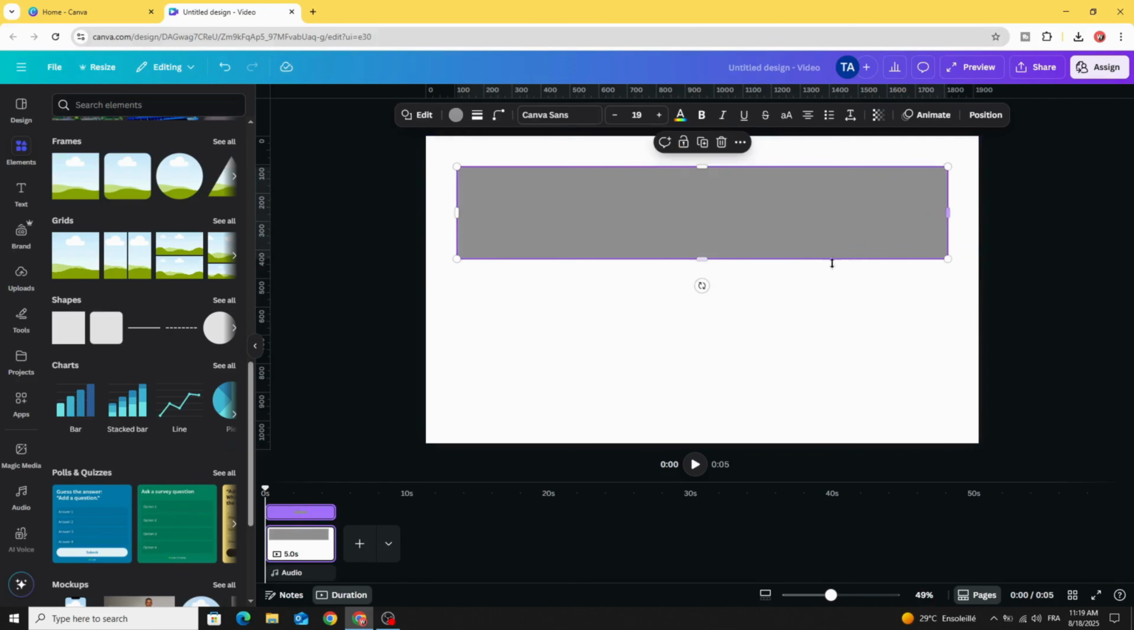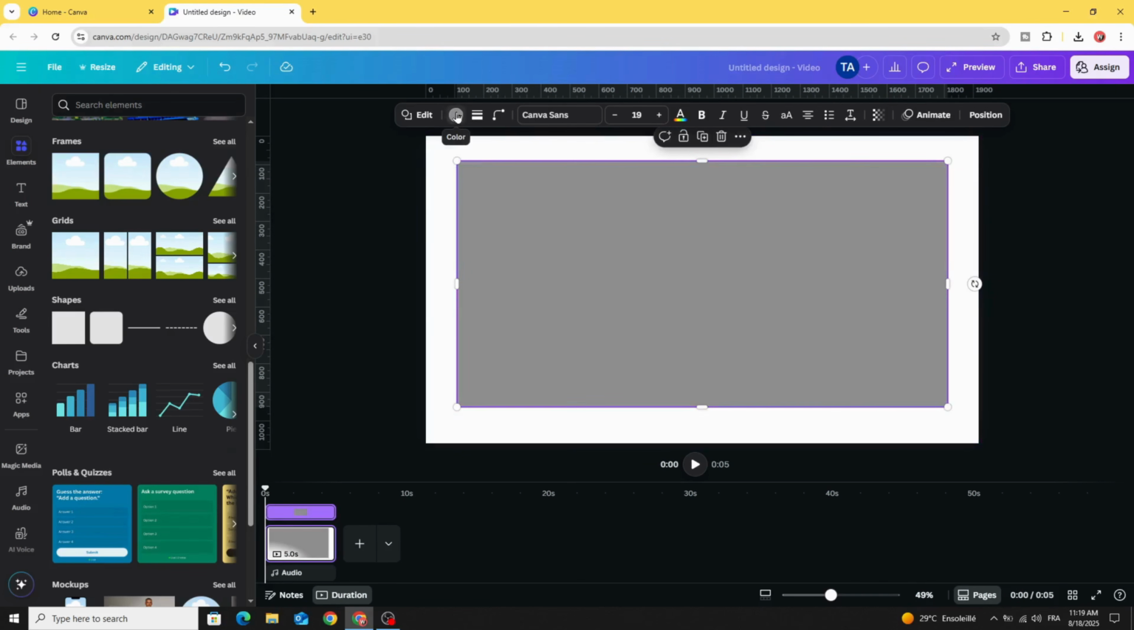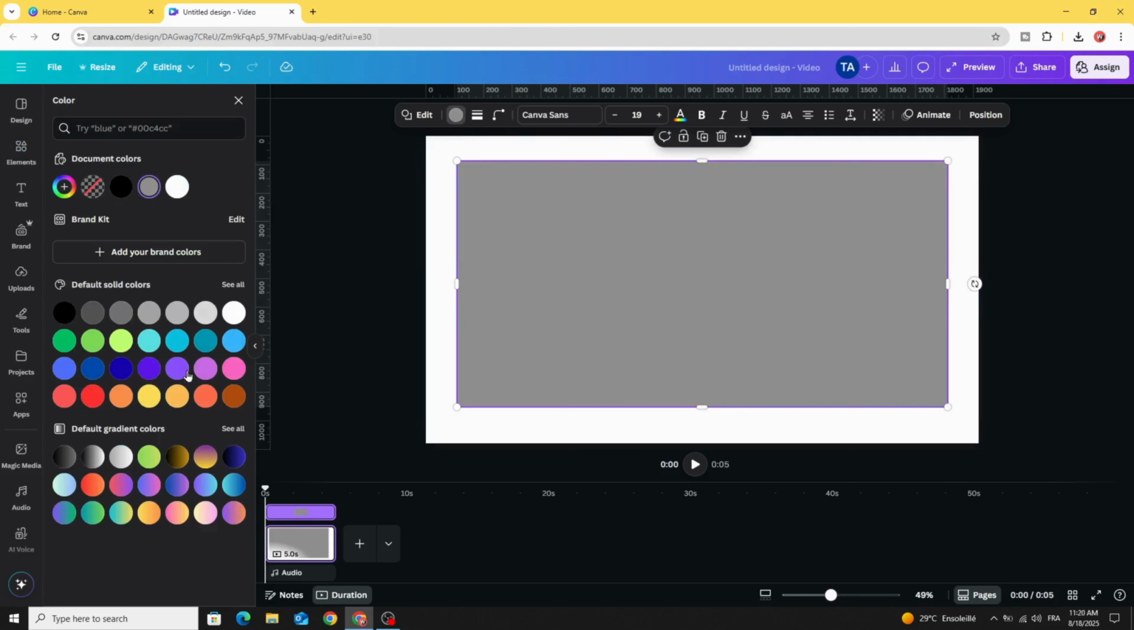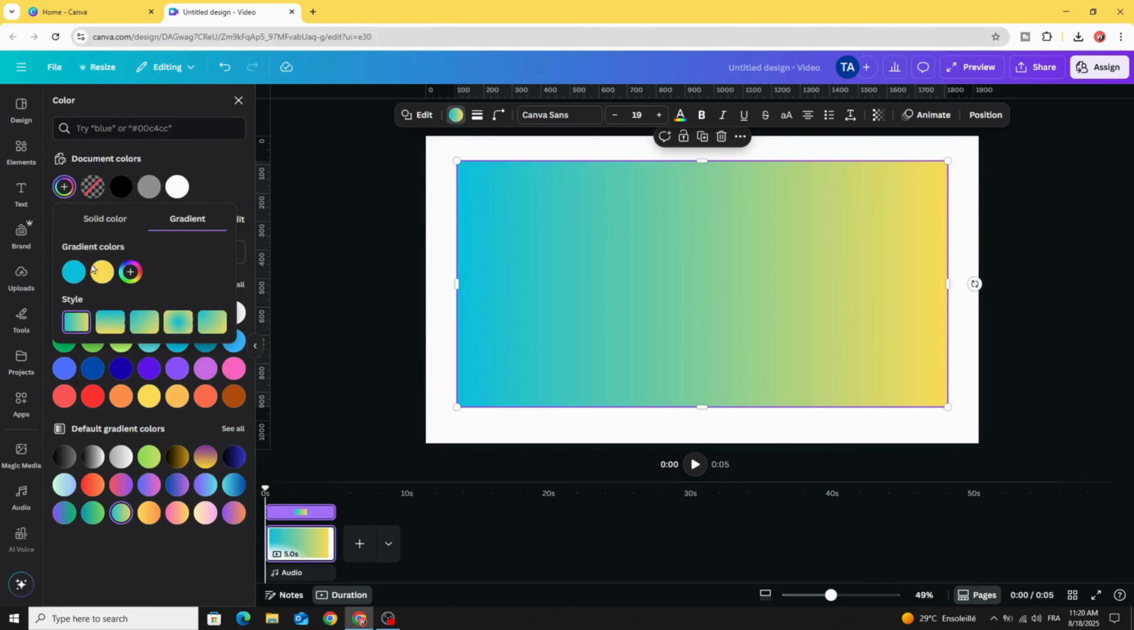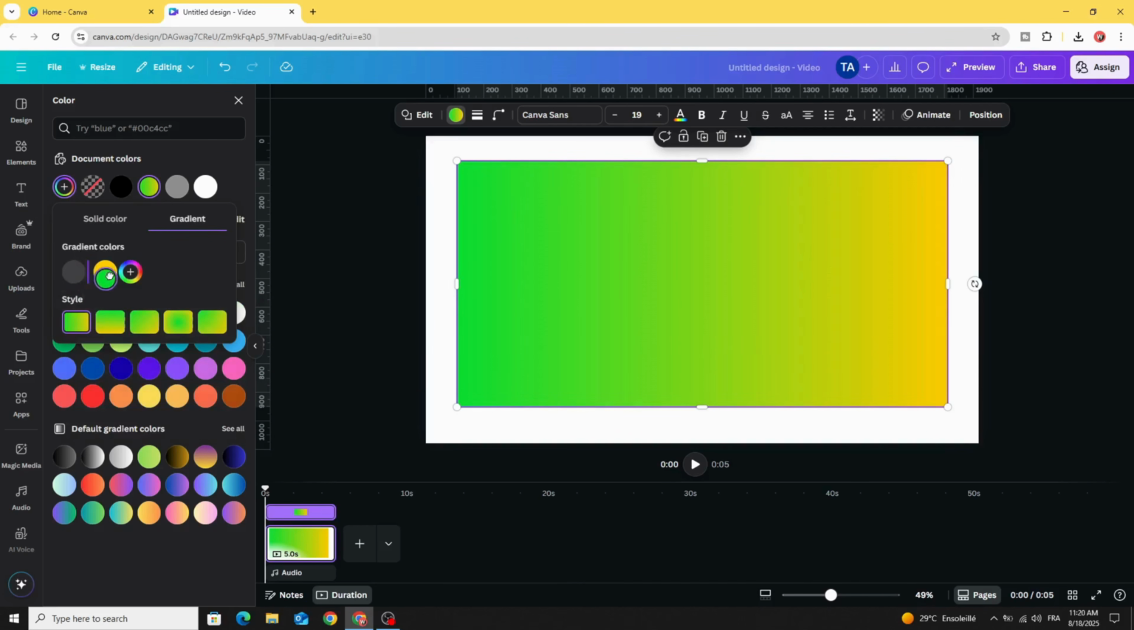and resize it like this. Go to color and go to gradient. Choose any style and go to colors again. Let's choose yellow and green. Let's change the position of these colors. Choose this style